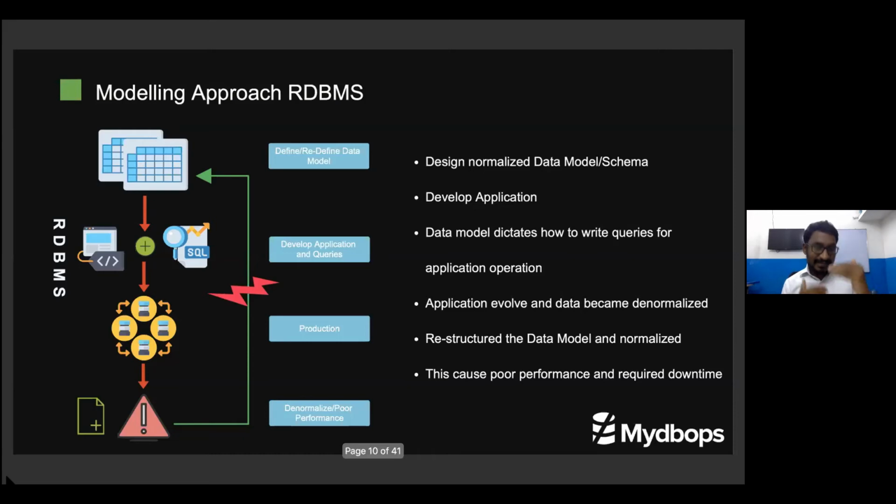We have a limitation that people in RDBMS always go for third normal form to reduce redundant data. So they design the data model. Based on the data model, they write the query access patterns, how to access data from this table or that table. This is the biggest bottleneck. Then it goes to production. At some point, the application will evolve, because business requirements always evolve. So you need to refactor your data model, or you need to add new entities into the data. Then again, you need to normalize the data.